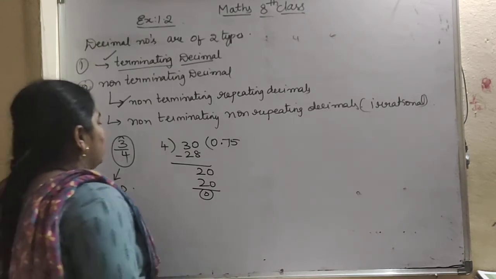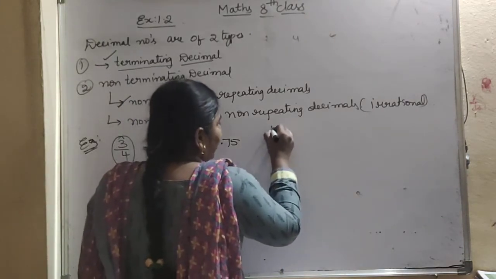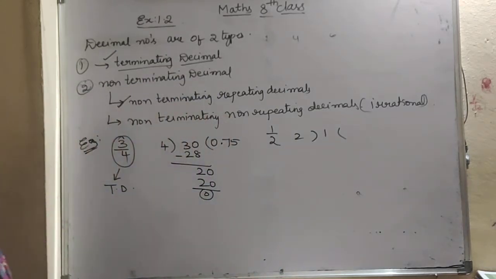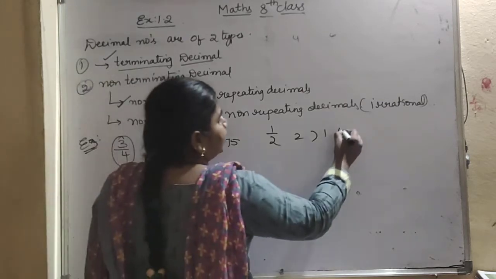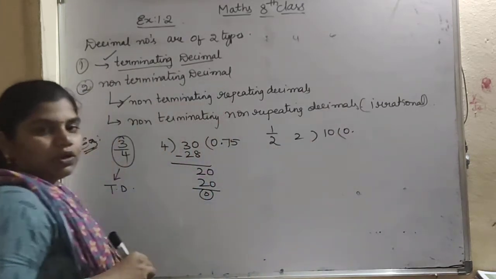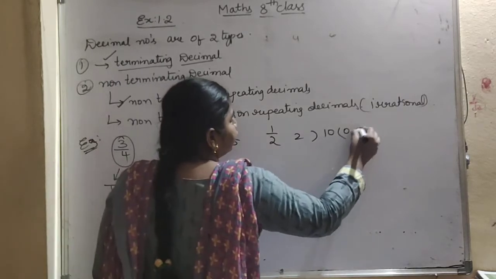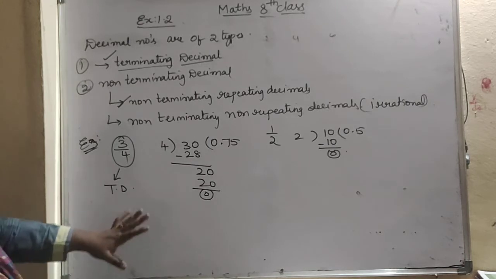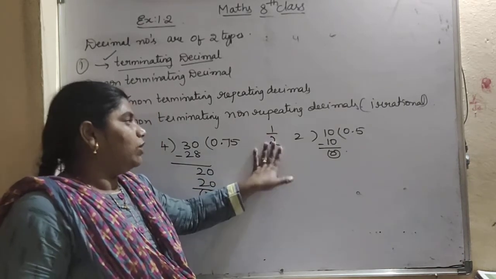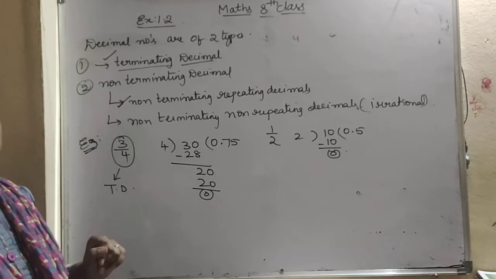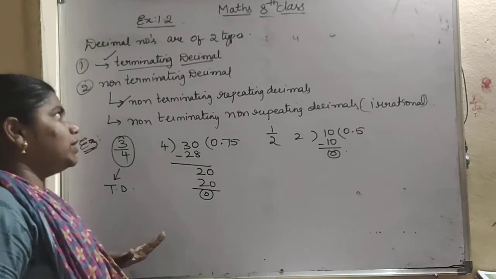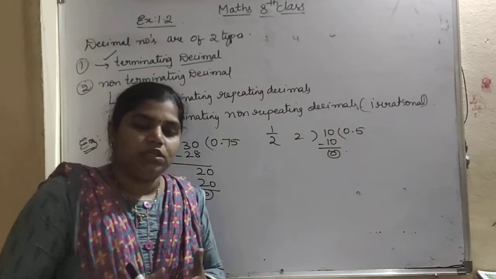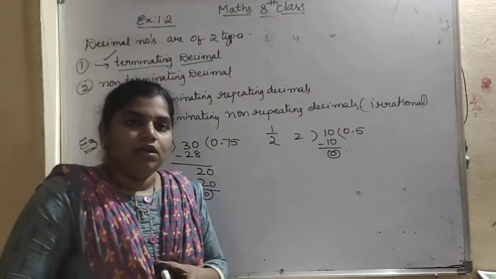Okay. Now one more example we can take, that is 1/2. We have to divide 1 by 2. 1 is smaller than 2, so what will you write? 0.0. Okay. Now 2 times 5 is what? 10. If you subtract that, you get the remainder 0. So if you are getting the remainder as 0, we can call this 1/2 a terminating decimal. What do you mean by terminating decimals? If you are getting the remainder as 0 after a few repetitions, we will call it a terminating decimal.